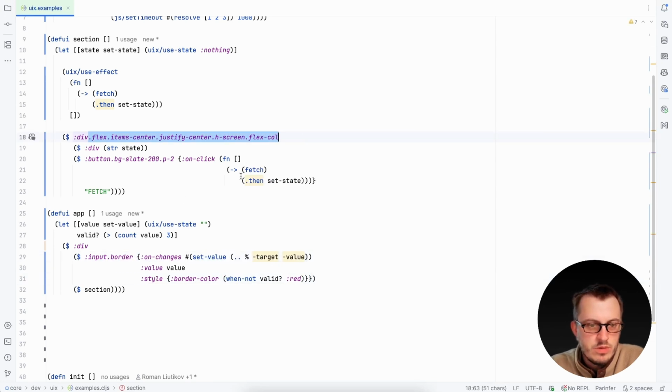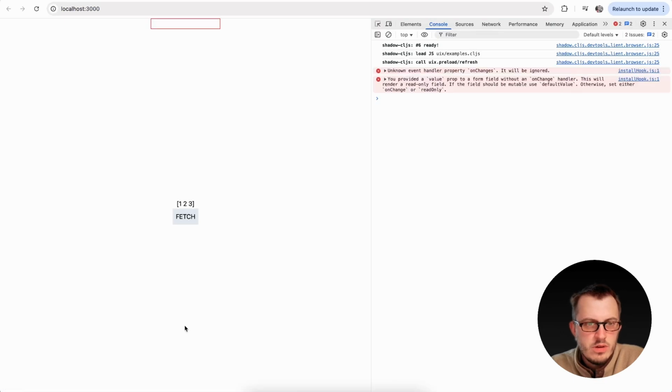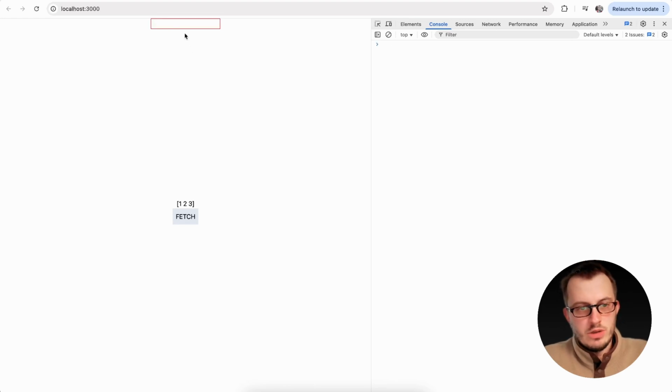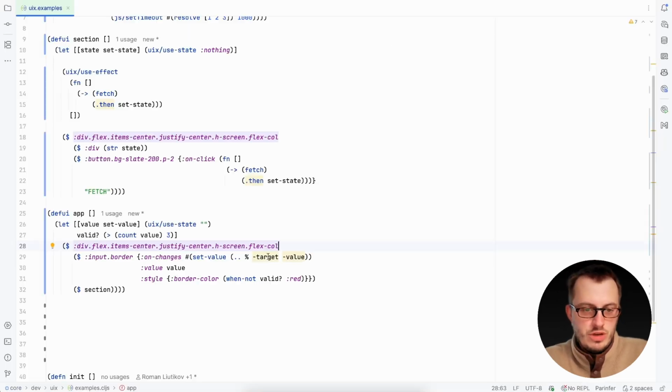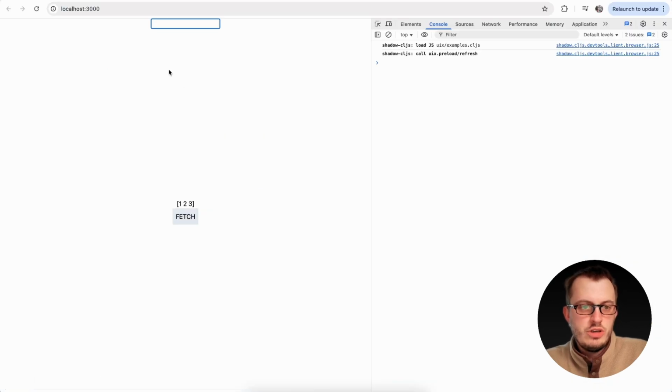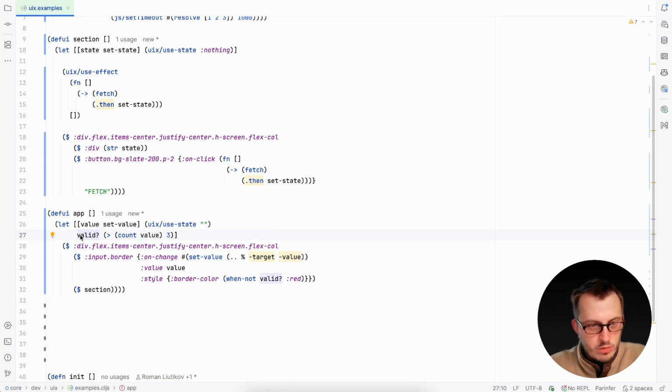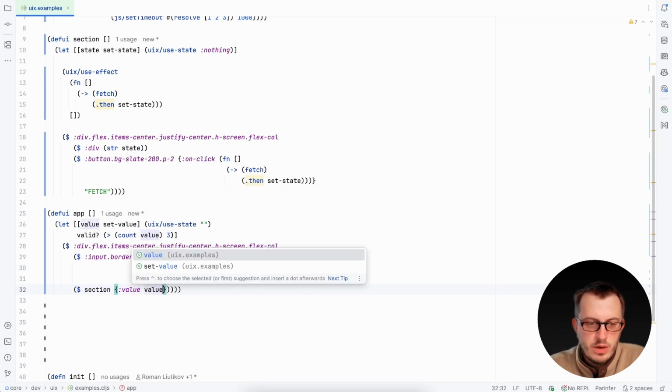Yeah, just like that. Let's see. The input field by default is empty, so it's going to be invalid. But if I put more than 3 characters, then it's black, which means it is valid. What I'm demonstrating here is that there is a piece of self-contained UI with its own logic, its own state, its own component. And now I decide that I want to use the value from the input field to drive something inside of the section component. So let's pass the value